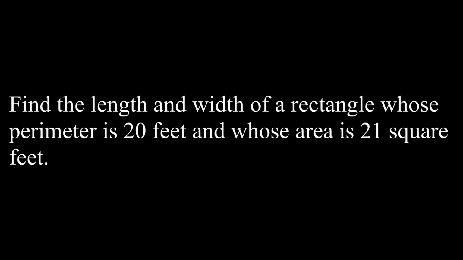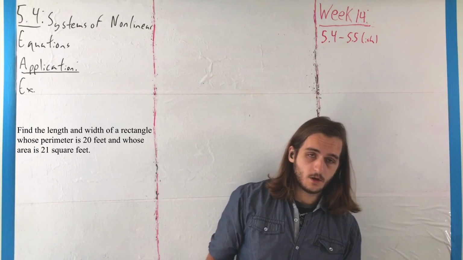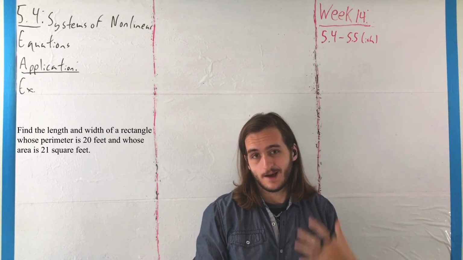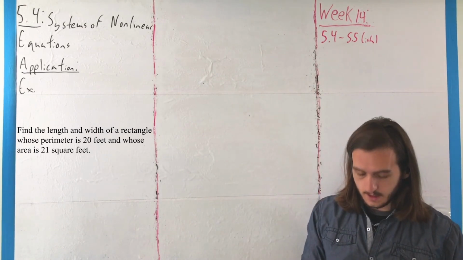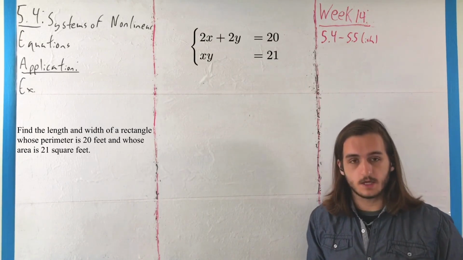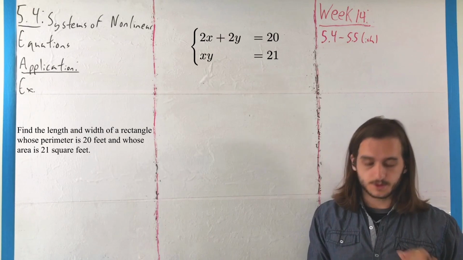For this, we want to find the length and width of a rectangle whose perimeter is 20 feet and whose area is 21 square feet. So, what we can do here is set x and y to be the length and width of that rectangle. And as a result, we get a system of equations: 2x plus 2y equals 20,